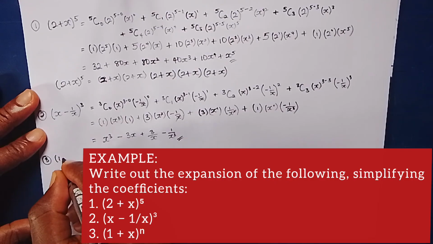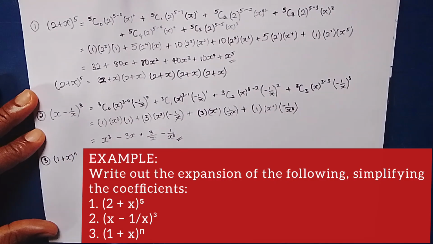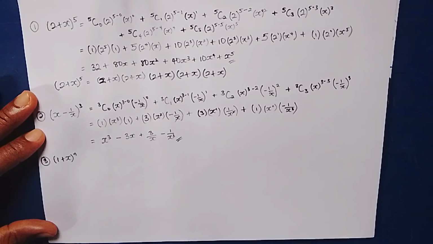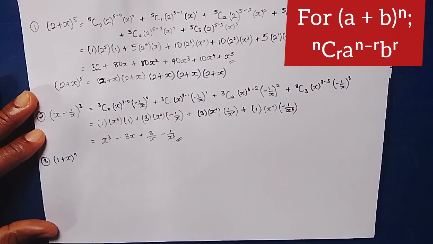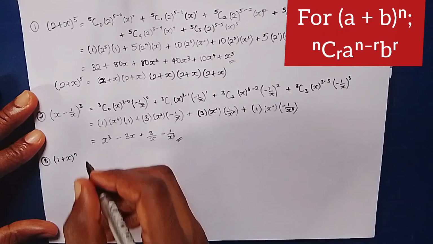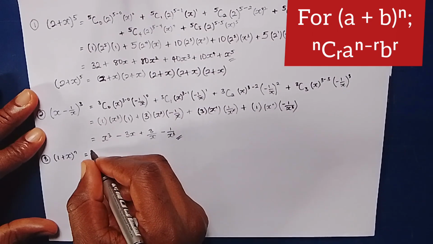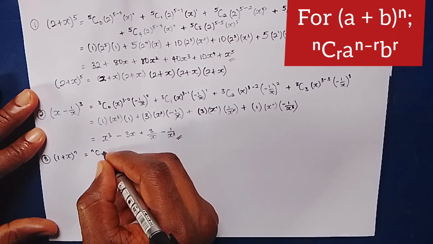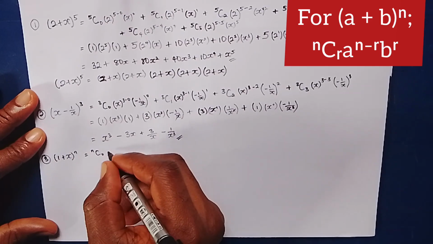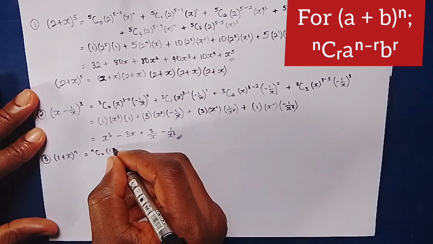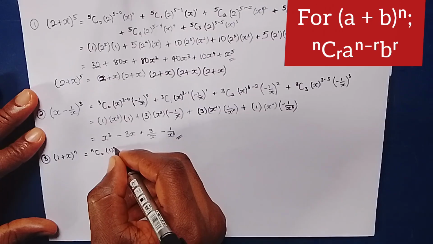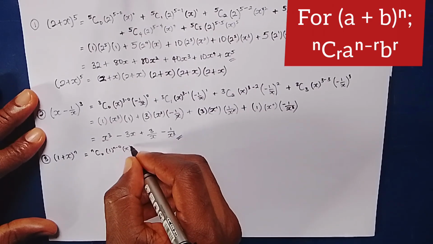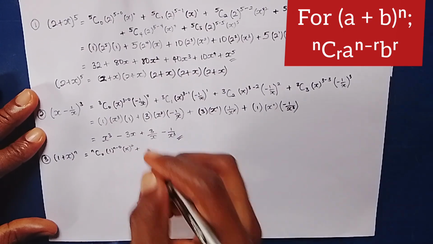We're given (1 + x)^n. In this case, we are not given any specific value for n, but we use our formula anyway to expand this. So nC0, where a is 1. So we have 1 raised to power n minus r, n minus 0, and then our b is x. So we have x raised to power 0 plus